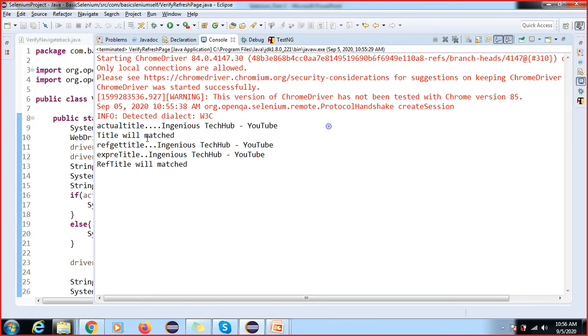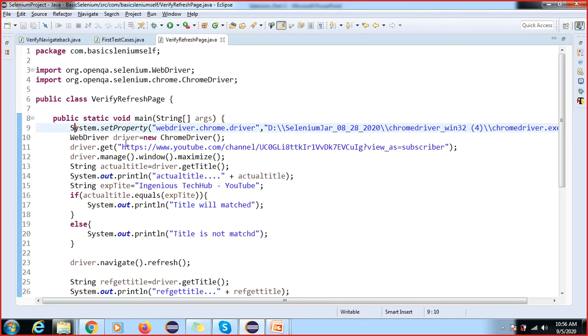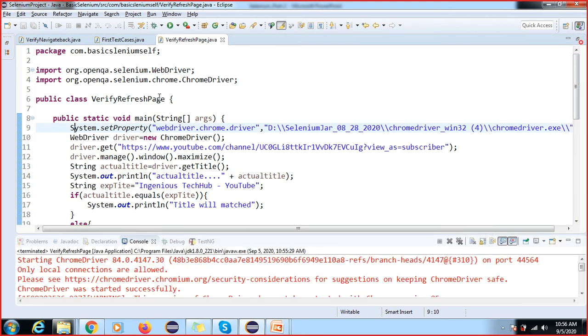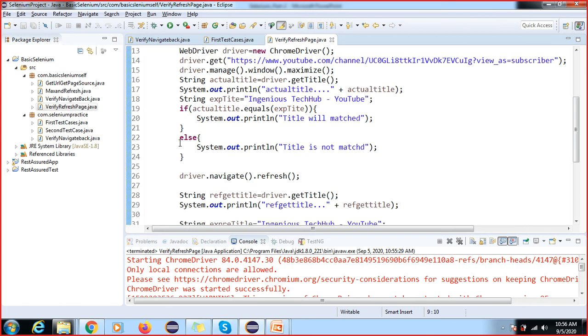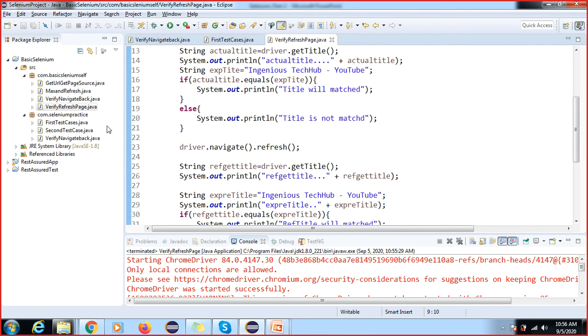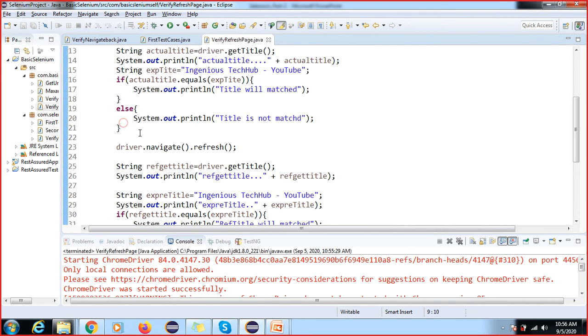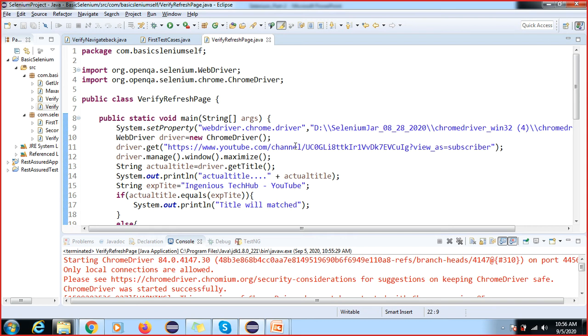This is my title. Okay, the sentence is wrong, so the title is matched here. You can see both actual and expected match, and after refresh the title is also matching. Here we are not able to see any report, but in real time it will generate a report and we can see it, whether our report is working fine or not. Tell me, do you have any doubt in this code? Anyone having any doubt? Because I have repeated the same steps.